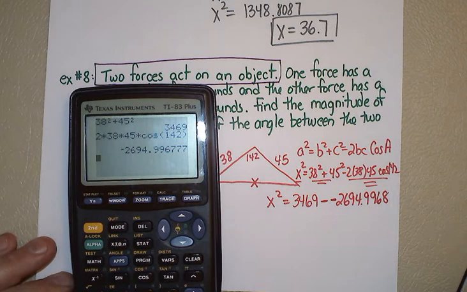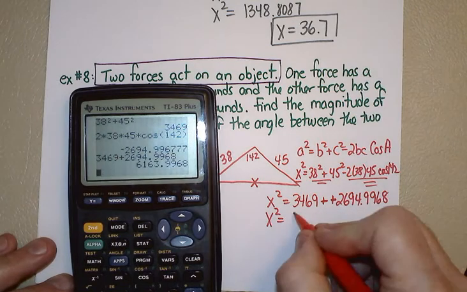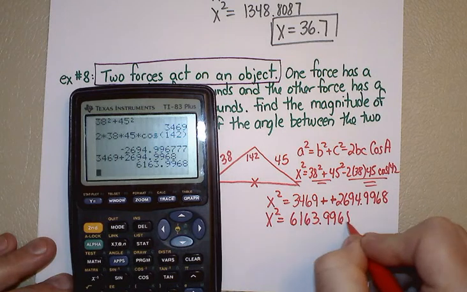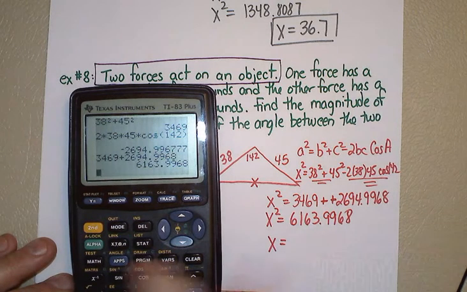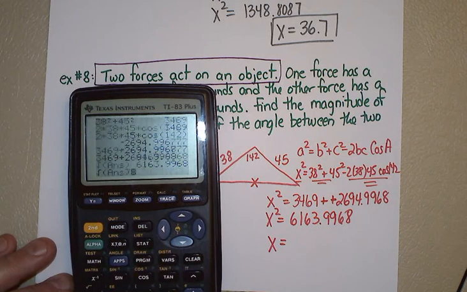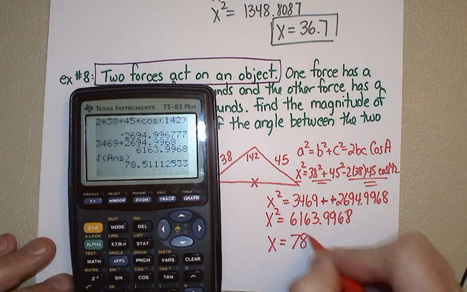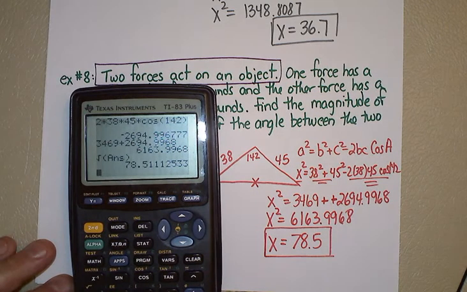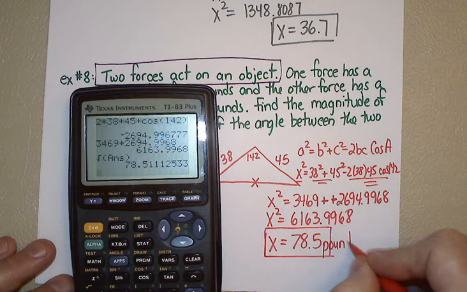A minus becomes a plus, so I have x squared is equal to, I need to add these two, 3,469 plus 2,694.9968, and I get 6,163.9968. So x is going to equal, I take the square root of that answer to the nearest tenth, 78.5. So that's going to be the magnitude of the resultant force, and if it's in terms of pounds, it'll be